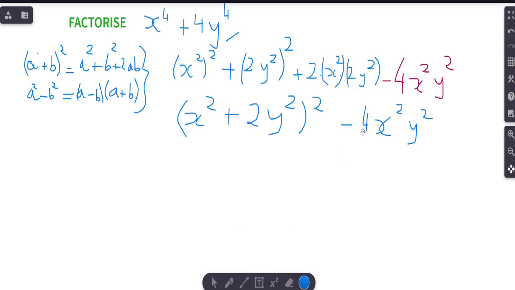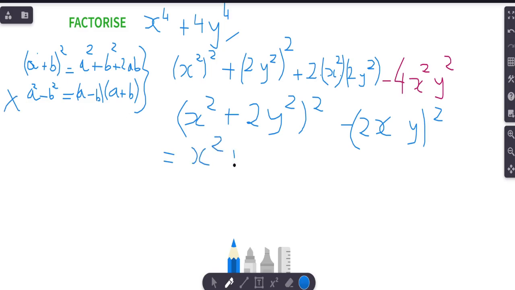Okay, so here we can rewrite the expression. You can say it's 2 squared. And if you know the exponent laws, we can rewrite this expression as 2xy squared. Okay, because we can distribute the exponent. So let's rewrite 2xy squared. So let's use the second identity here. So we can rewrite as x squared plus 2y squared minus 2x multiplied by y,